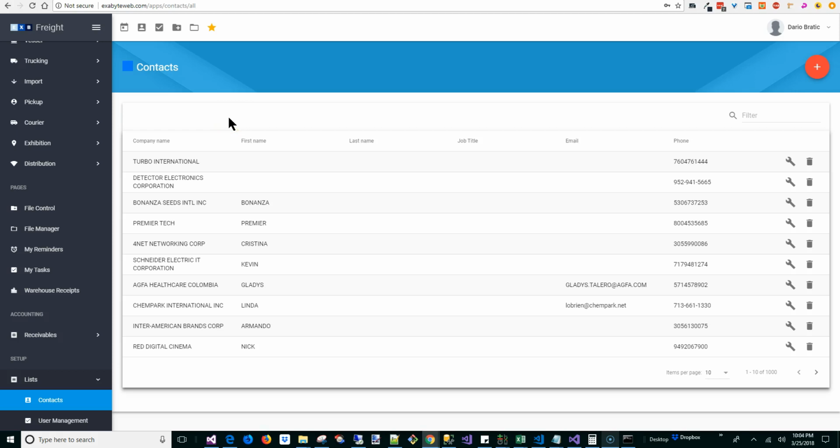Now, in the last video for the file control, we were talking about different types of records. We were talking about shippers and consignees and couriers and all kinds of different types of files. It might be a good idea to put tabs up here at the top, and then that could lessen the amount of records that we show. So we might show 1,000 or 2,000 records of shippers. So if you remember on the file control,